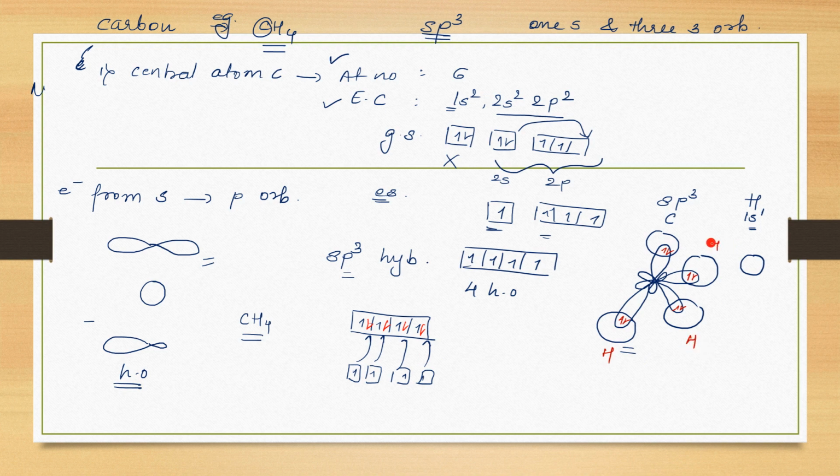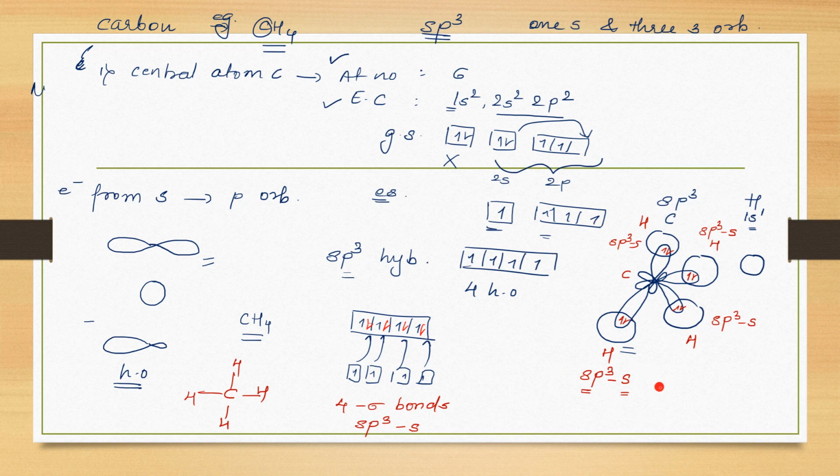So this is hydrogen. This is hydrogen. And the central one is carbon. Now, if I want to draw the structure of methane, it will be like this, no? Saturated. Now, let's see what are the bonds. So, what is this bond? This is my sp3s overlap. sp3 of carbon, s overlap of hydrogen. So this is also my sp3s overlap. This is sp3s overlap, and this is also sp3s overlap. So how many total sigma bonds are there? Four sigma bonds. What are the overlaps in methane? sp3s overlap. I hope you people are understanding this.